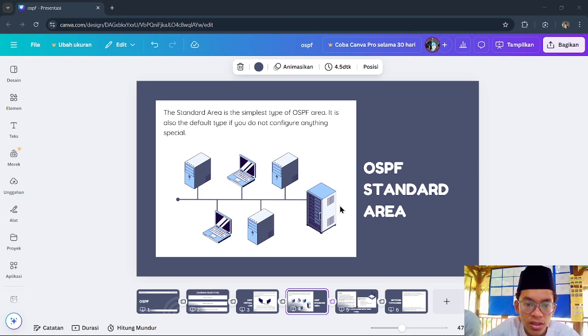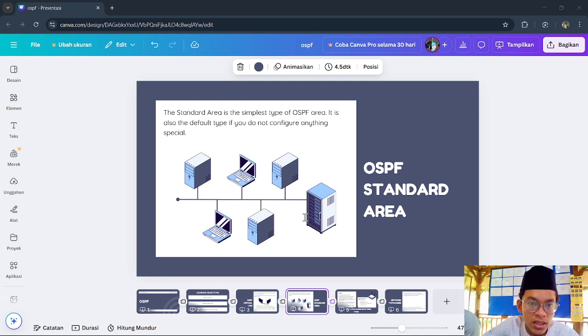So all routers have the same link state database, or LSDB. From the LSDB, routers run the SPF, shortest path first, algorithm to calculate the best path. Think of LSA as network gossip. Every router tells others what it knows about the network.